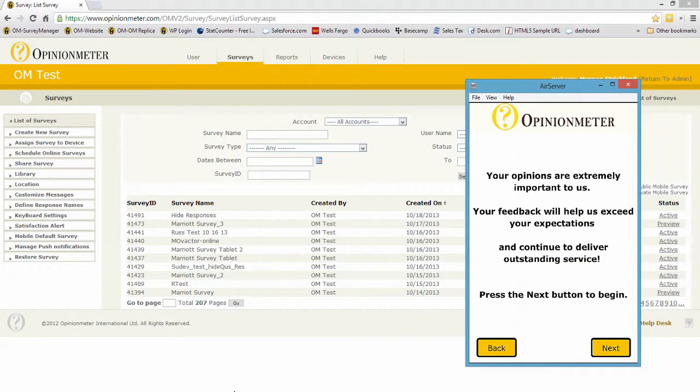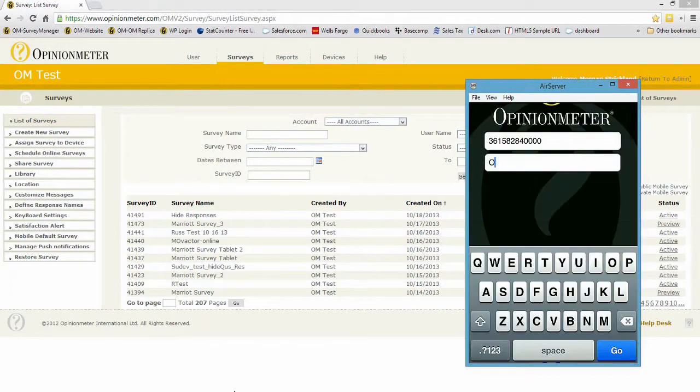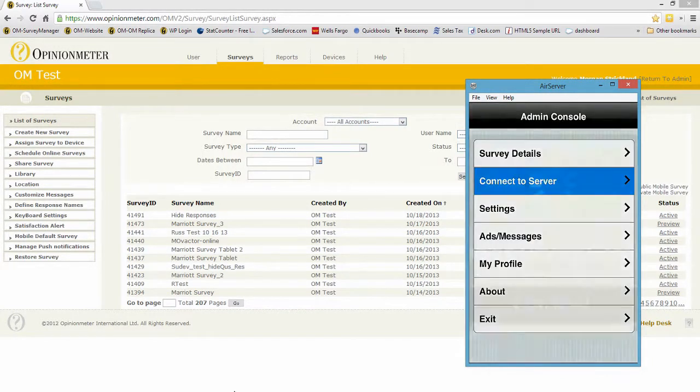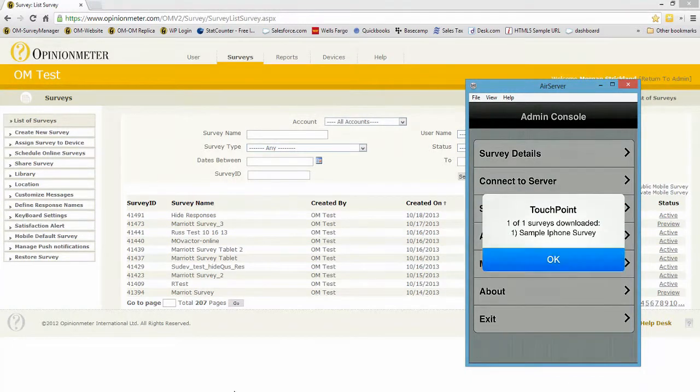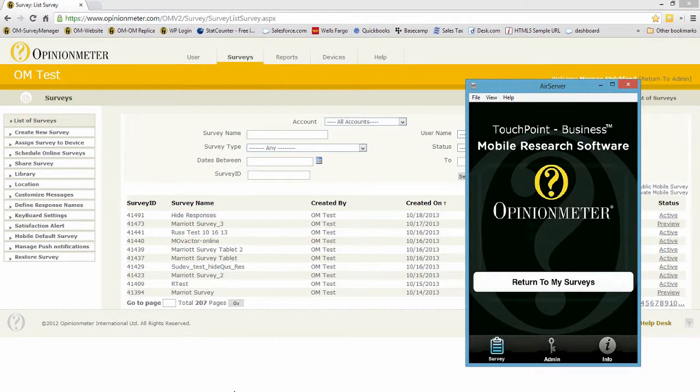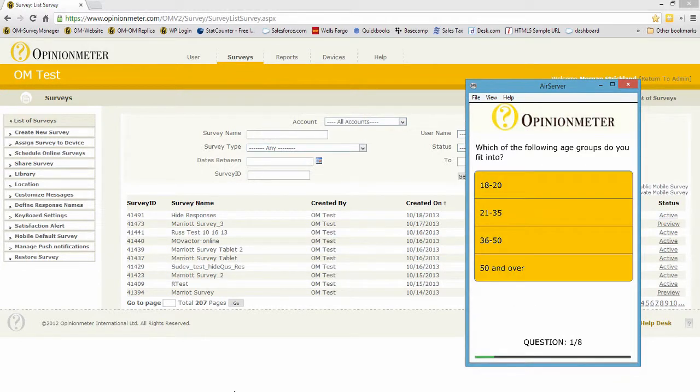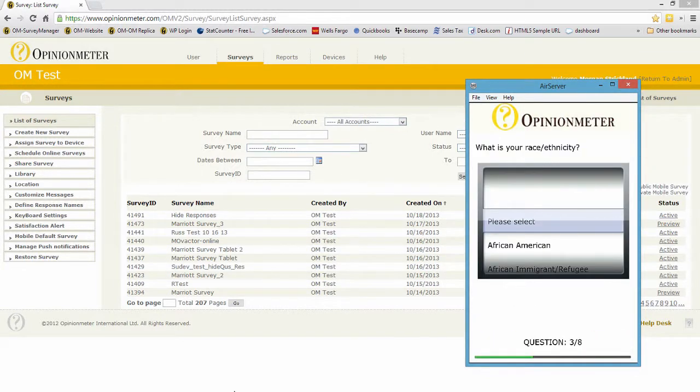now I'll bring up my iPhone, and I'm going to enter a password here and connect to server. I could also use push notifications to do this if I wanted, but I will download the new setting I just changed from the survey manager. I'm doing connect to server, and the change that this will make, as you'll see, the device configuration is being updated, and as I enter the survey, it's going to limit me,